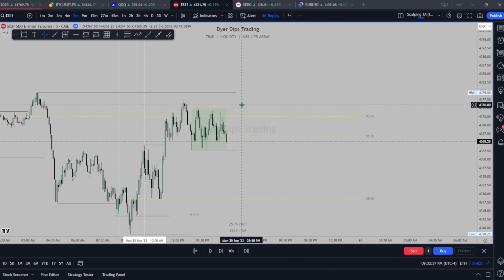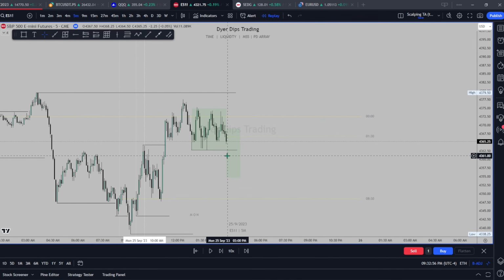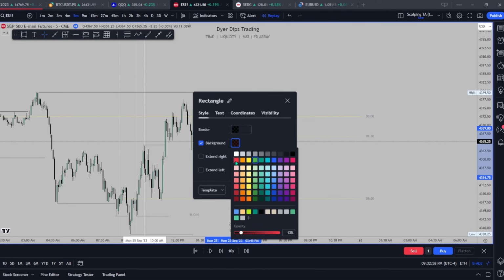And we might take out this low, we might take out this high, but essentially what's important here is we see this range. So if we are going to break to the upside and manipulate to the upside, we can expect to take this liquidity, and then we can start to look for shorts on the expansion down. And if we're bullish, like we are in this case, we can anticipate price to come down here into lower